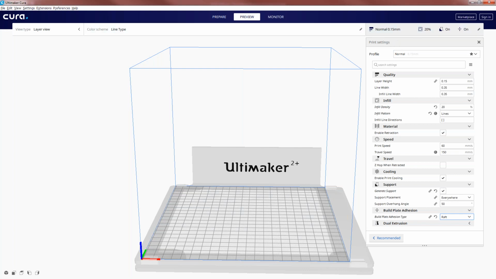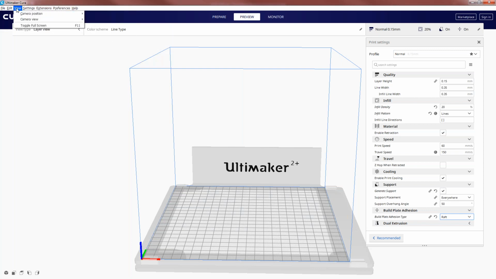We are using an Ultimaker 2 Plus, and that machine is compatible with Cura. If you are using another machine, you can change the printer from Ultimaker 2 Plus to Ultimaker 2 or Ultimaker 2 Pro.